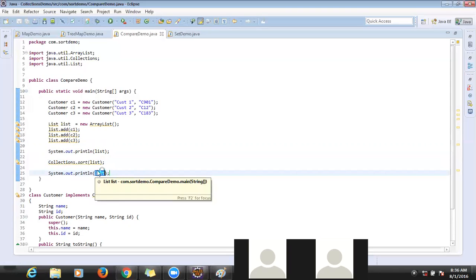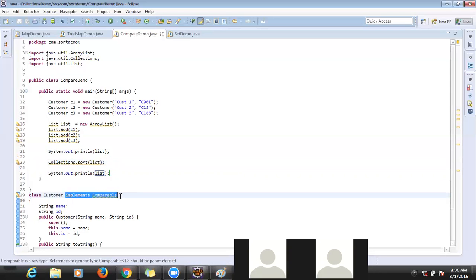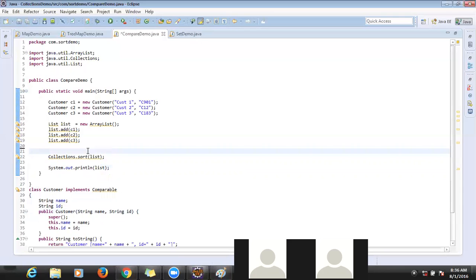Before passing the list, whatever elements you are adding must be of comparable type. Otherwise it is not able to sort. We need to tell it to sort these customer elements based on the ID or name. Now display the elements.